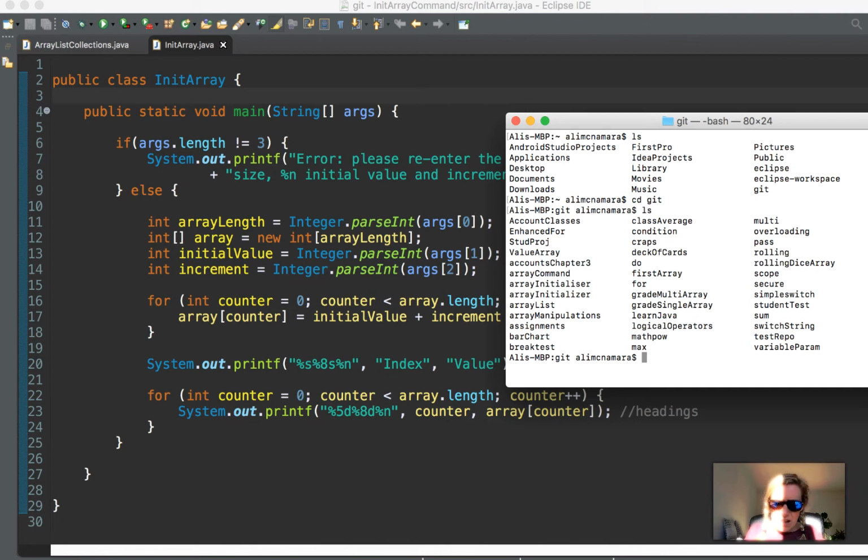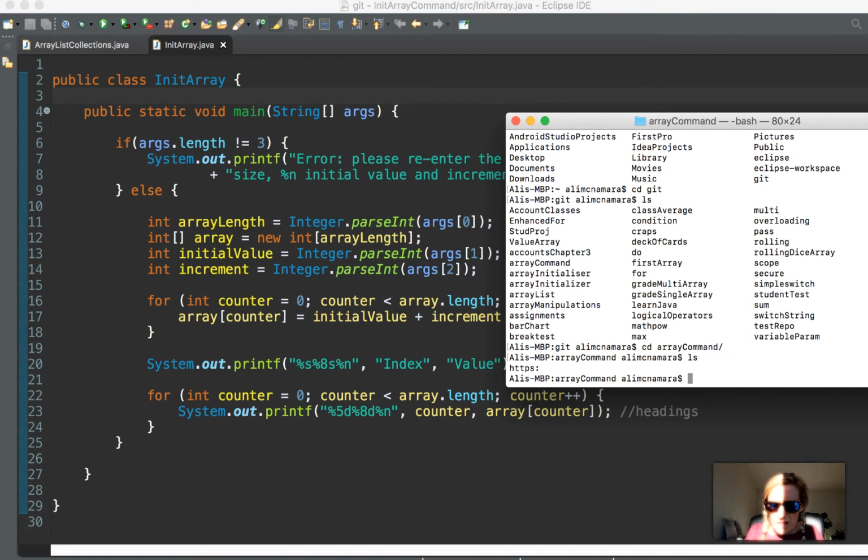Then I change directory again to what is in it, array command it is. And you can tab across as well. And then if I list this,